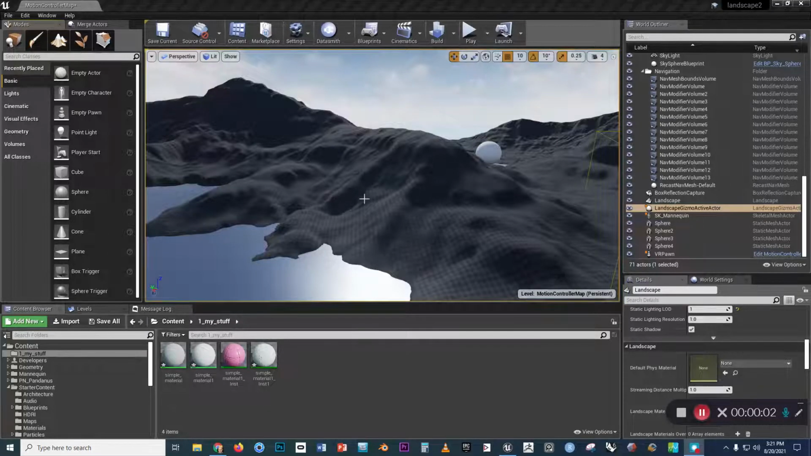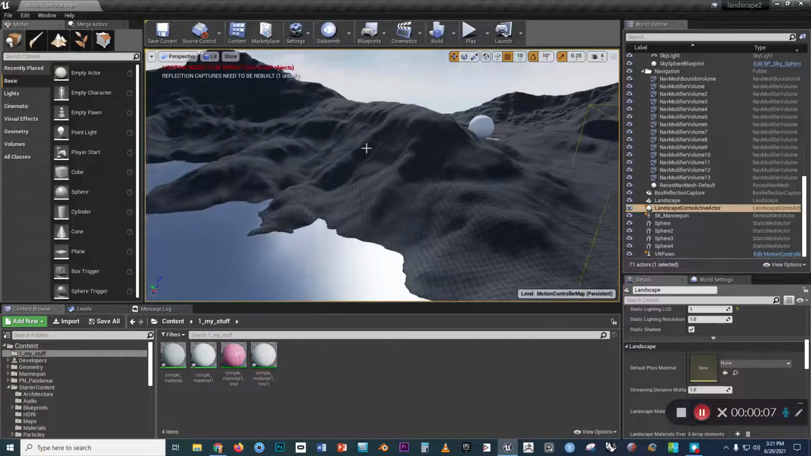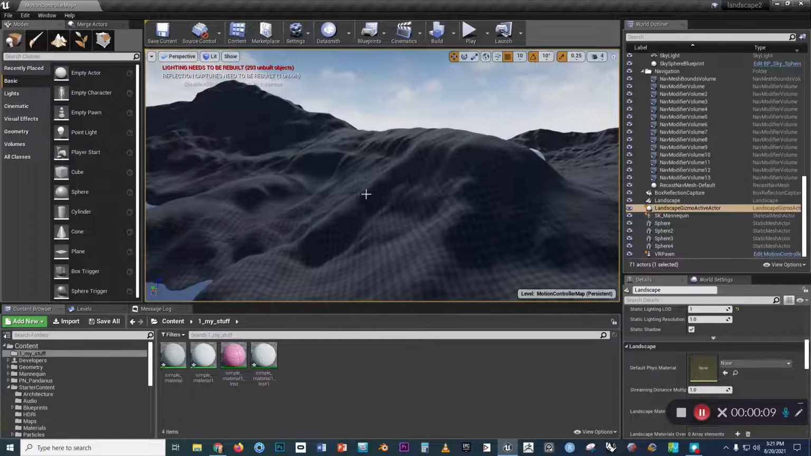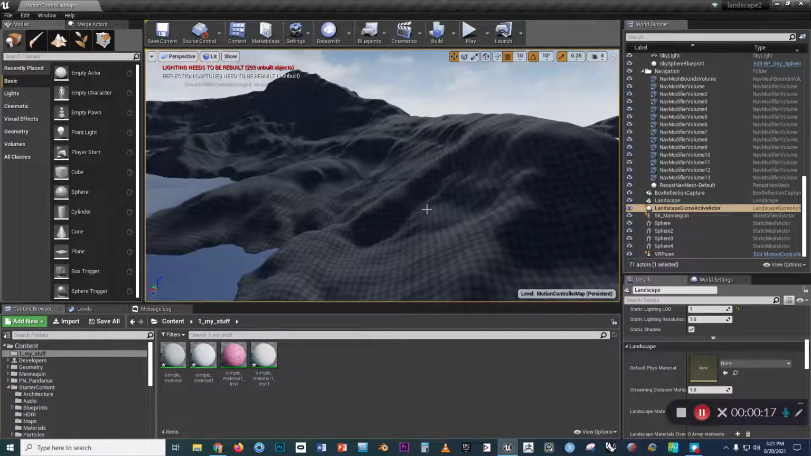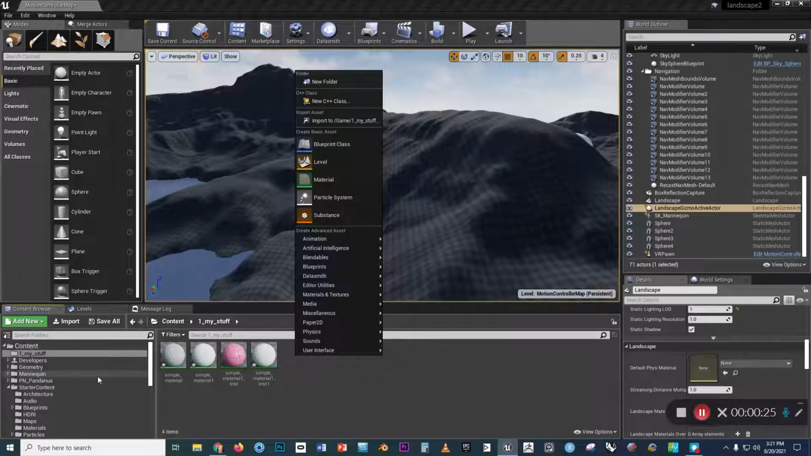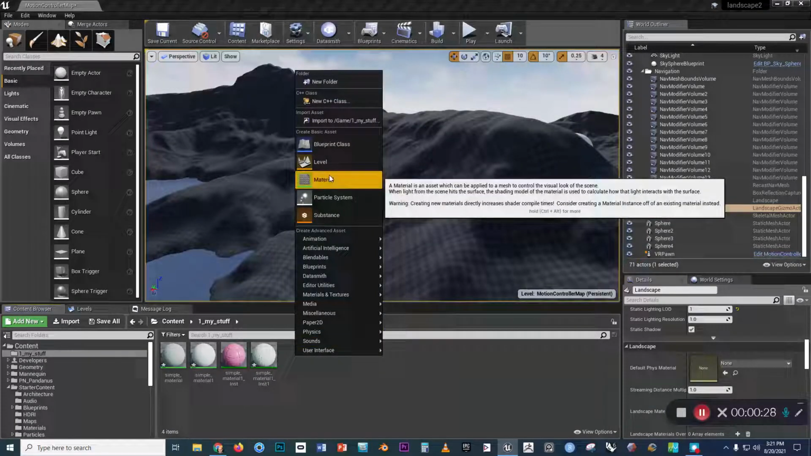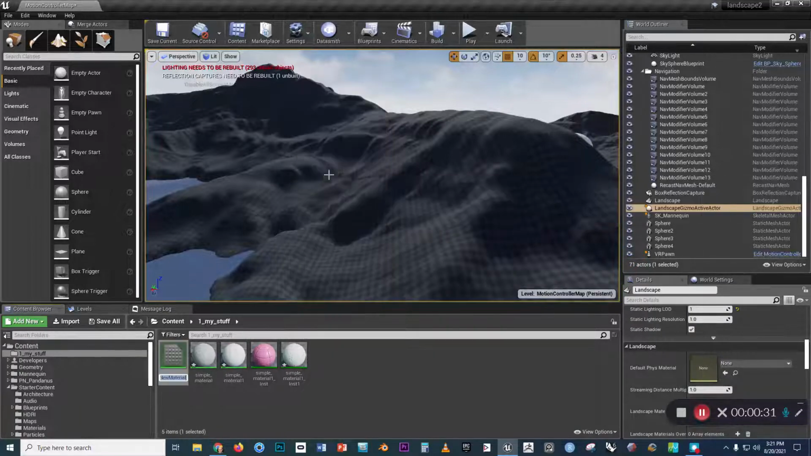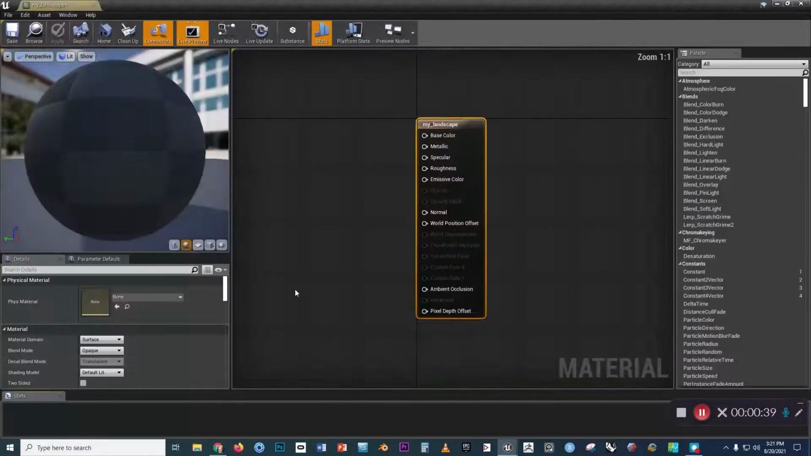If you look at a picture of a landscape, you see that there's a lot of variation in the color on hills and mountaintops. So we might see a modulation between grass and dirt and stone and some other things. So we don't want to just apply a plain old green color to the whole thing, or it'll look quite weird. So let's make our own landscape material by right-clicking in the My Stuff folder in a blank space, and then go to Create Basic Asset Material, and then we will call this my_landscape,